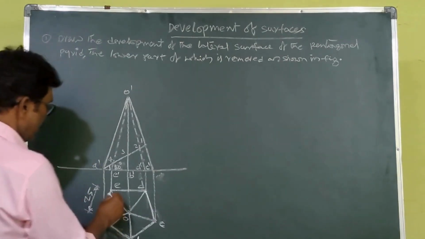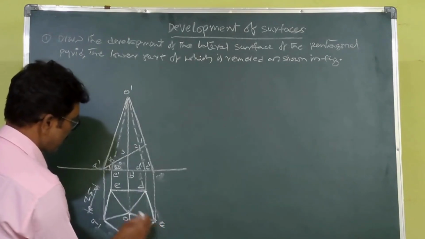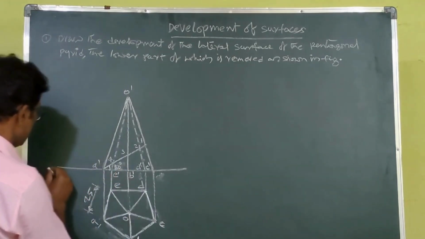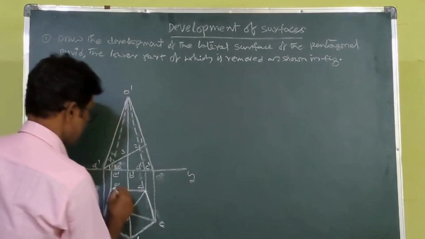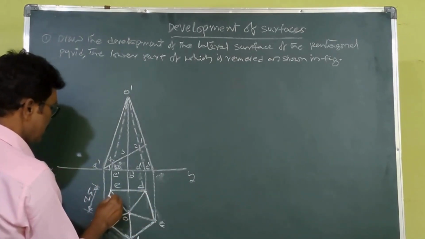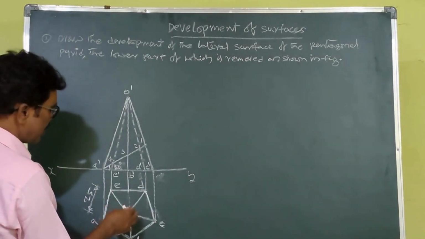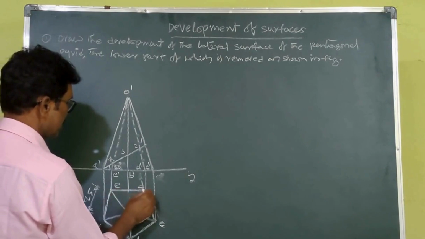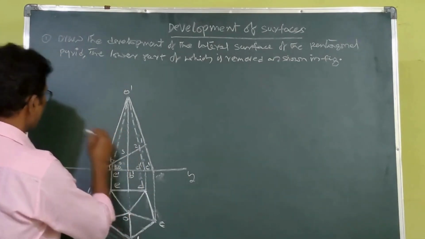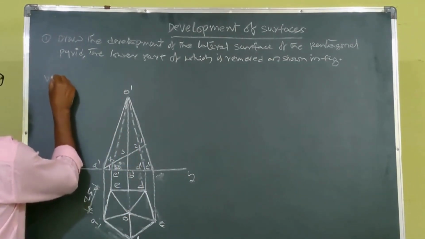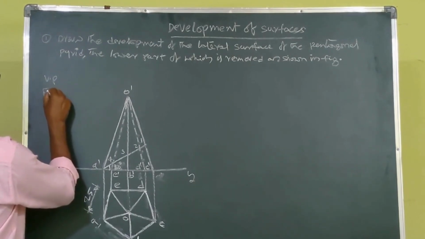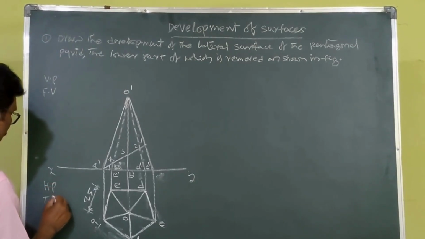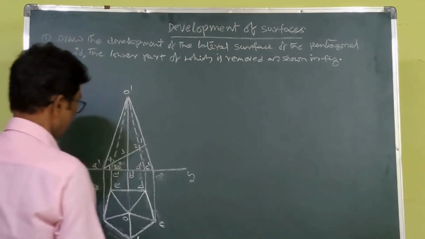Okay. You know how to construct the pentagon. I draw a horizontal line with the side 25, XY. This is the XY, and the problem they have given, no issue. In case they have given it in sentence form, you have to construct this top view and the front view. This is the vertical plane. This is the front view. This is the horizontal plane. This is the top view. Okay. Then